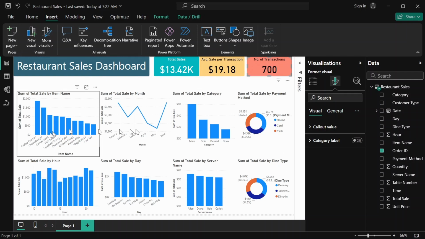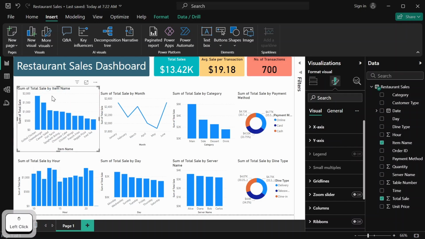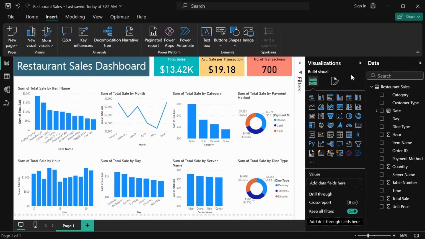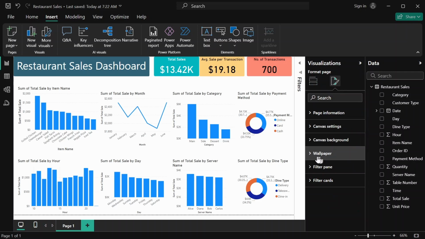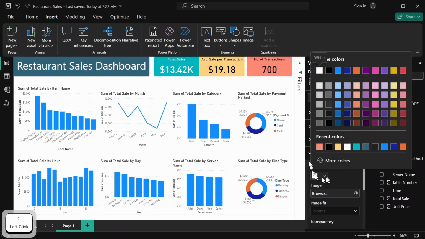Now we're going to work on our visuals. So we're just going to take it one by one. And before we begin, let's change our background color. So what I'm doing is clicking outside of our charts, and just clicking on the page. Now come to this tab where it's showing format your report page. Click on that, go to wallpaper, select this drop down, go to color, and you're just going to select this